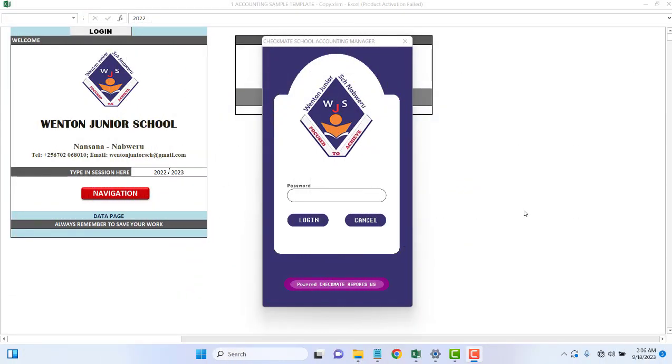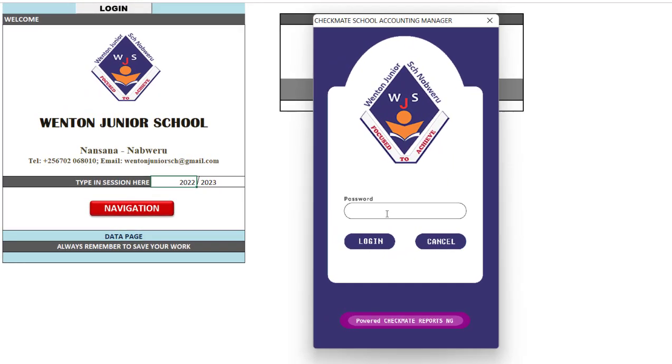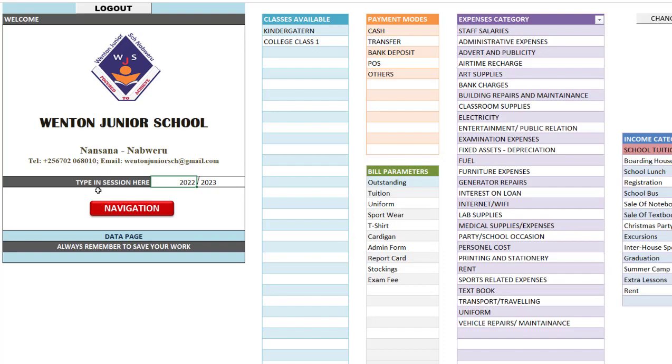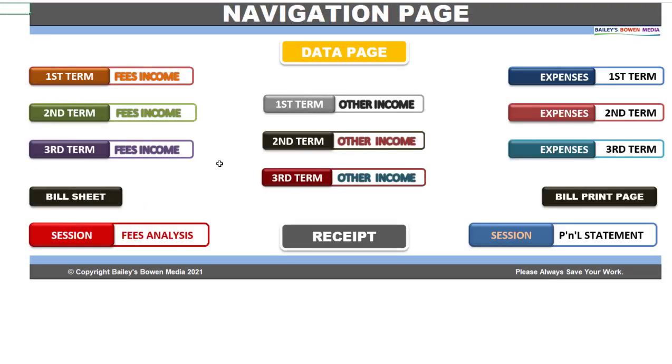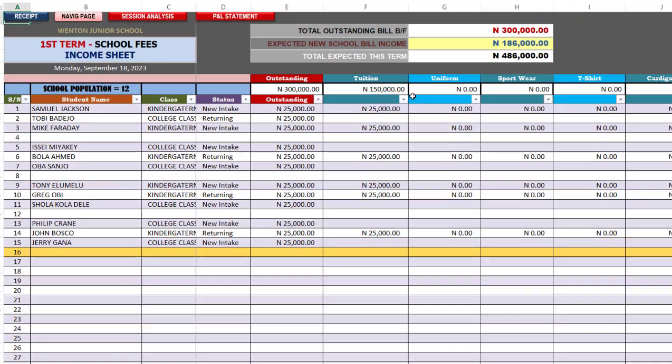In this video we are going to be taking a look at an overview of the Checkmate accounting template. When you open your template, this is the interface. You'll be asked to log in, provide a password. The navigation will be on. When you go to your first term